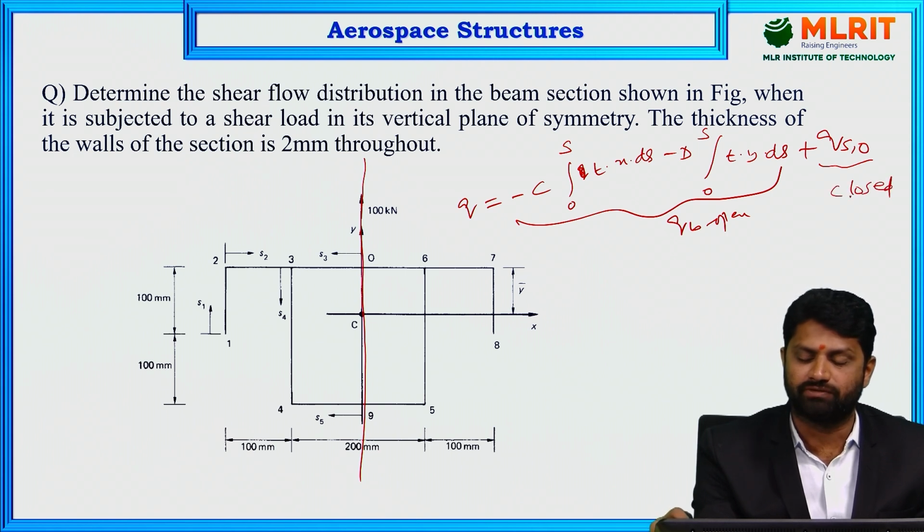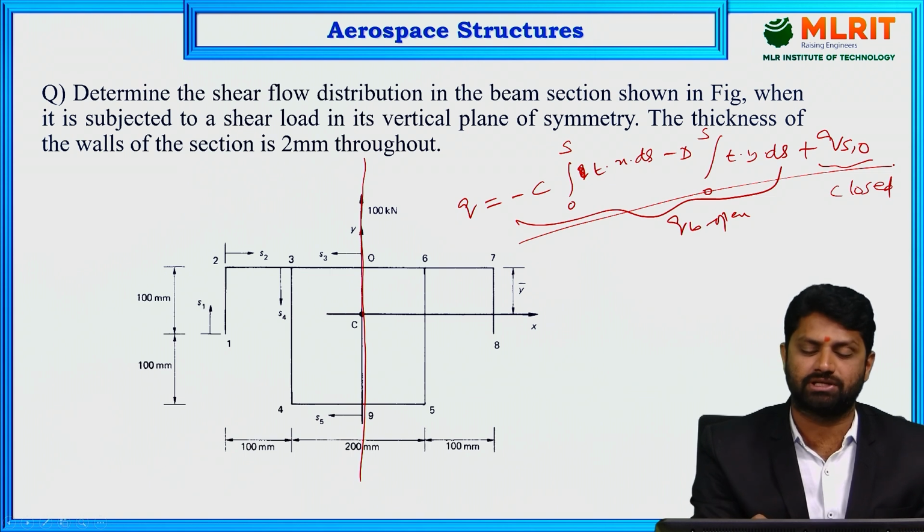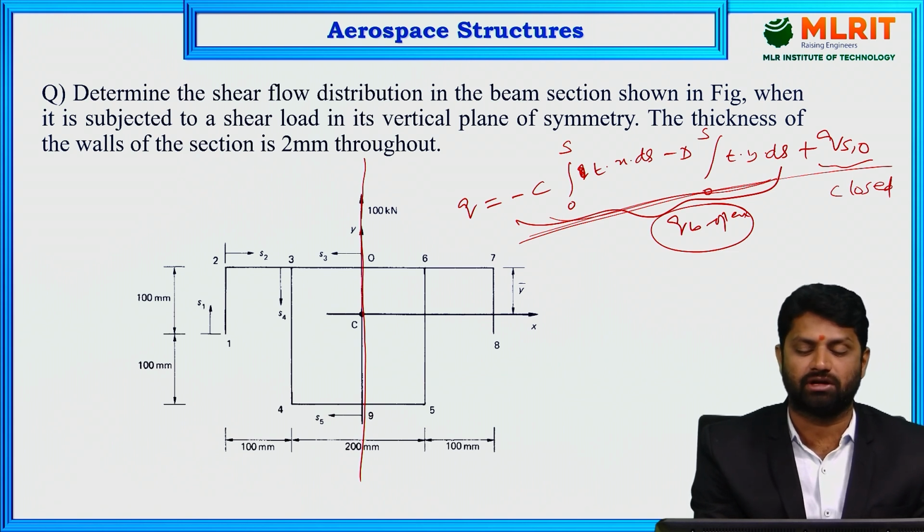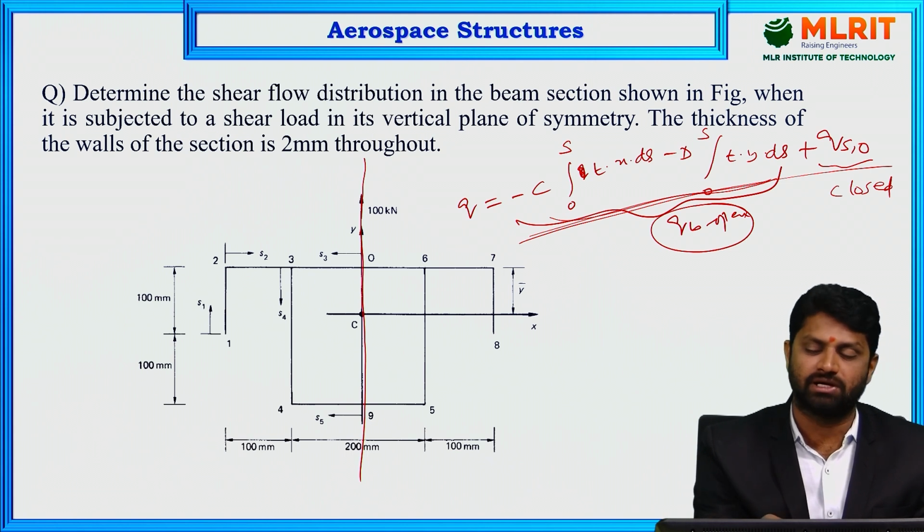Okay, so if the closed section beam is there, we'll consider the entire formula, and if the beam is open section, then we'll consider only up to here. So clearly from the diagram you can see for the panels 1, 2, 3 or 6, 7, 8, we're going to use the formula QB. From here to here straight away you can follow the shear of open section beams, and then you can find out the shear flow. Whereas for the panel 3, 4, 5, 6, we have to add Qs0,